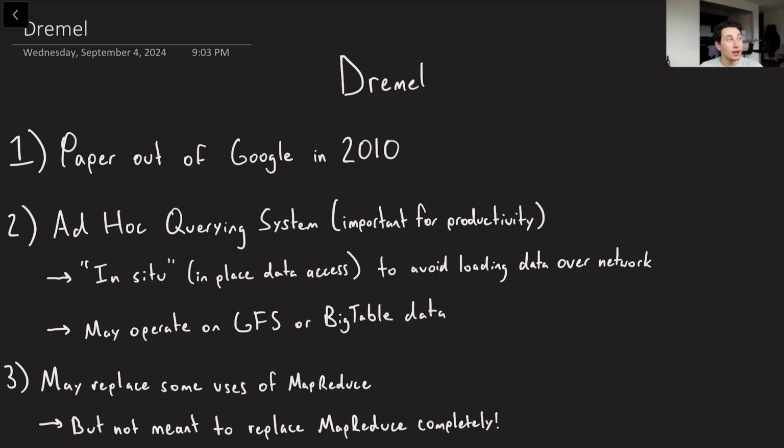Okay, so today we are going to be talking about Dremel. So Dremel is a paper out of Google that came out in 2010, and it is an ad hoc querying system, which basically means that if I'm someone like a data analyst or a data scientist or a business analyst, someone whose job it is to mainly try and derive insights from big data and run all these queries that I personally can analyze, Dremel is going to be what I'm using a lot.